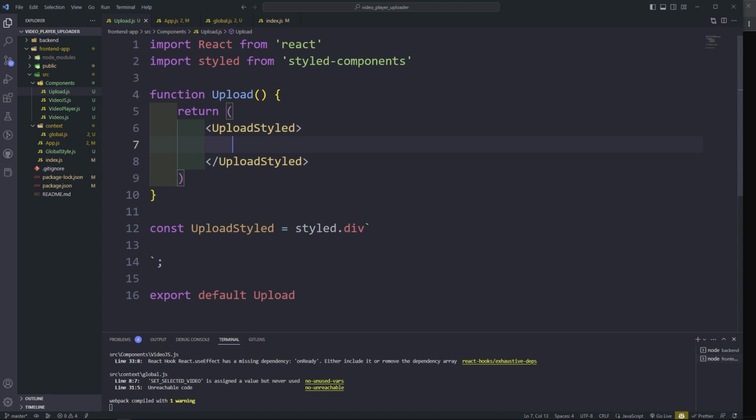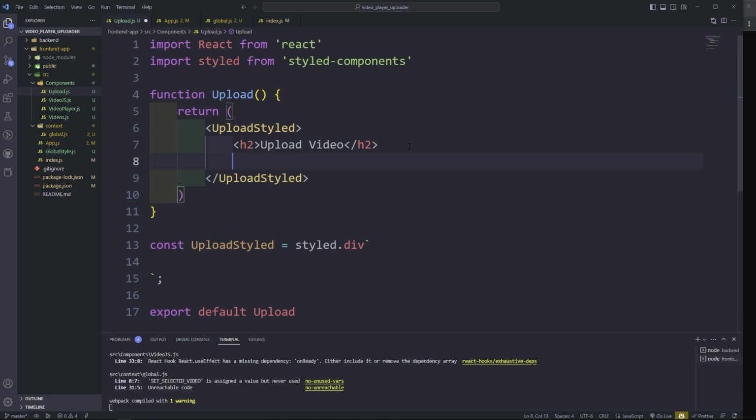All right, so in the upload, we're going to have a form. What else are we going to have? Let's do an h2, upload video, and then let's do a form. For the form, for the action, we're going to do API / upload, and then our method is going to be post,